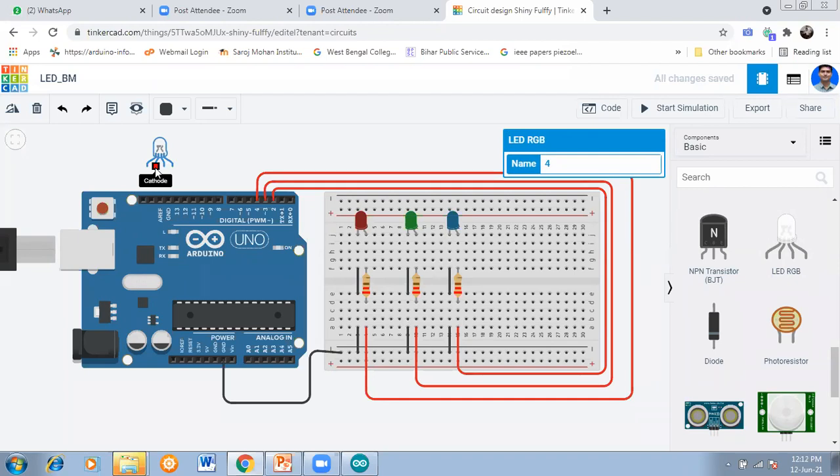From the right side, the third pin is grounded, and this is red. For each and every pin you will use a resistor, a 220 ohm resistor, otherwise it will burn out. So you use RGB.